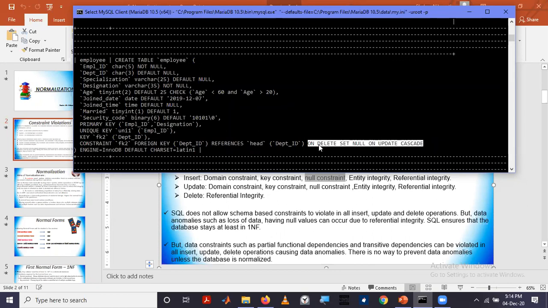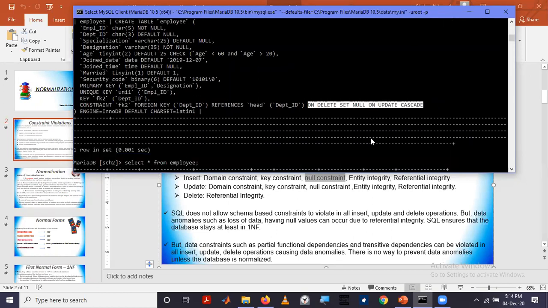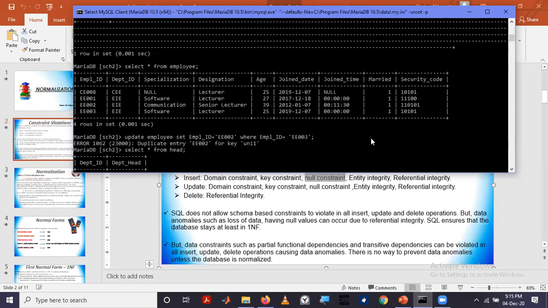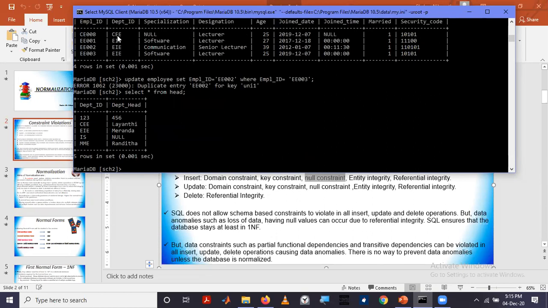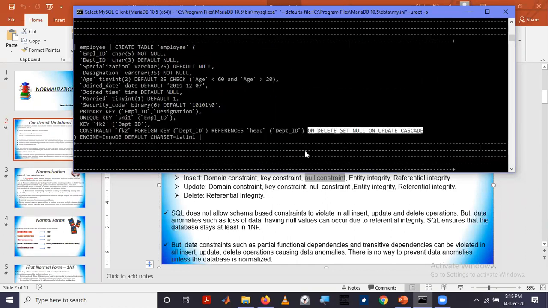But if we have not specified this one, then we will not be able to even delete content from the referenced relation. That means head table. We will not be able to remove either. So as CEE and EIE are there, we will not be able to remove or delete these things from this table unless we have specified like this one.